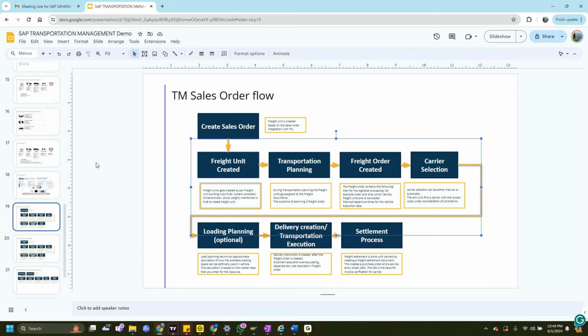We can have a condition that if this criteria is met, for the same paper example, I can put in a condition saying that if a particular criteria in the sales order is met, then it should create one carton. Otherwise, the second case is that if another criteria is met, it should only create a smaller freight unit of 100 pages of copier paper as well. That also I can do.